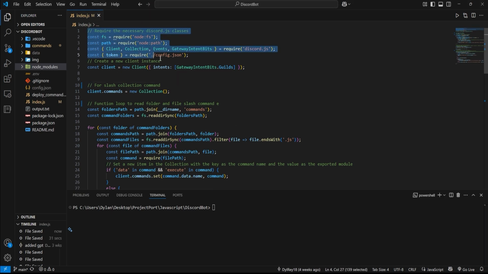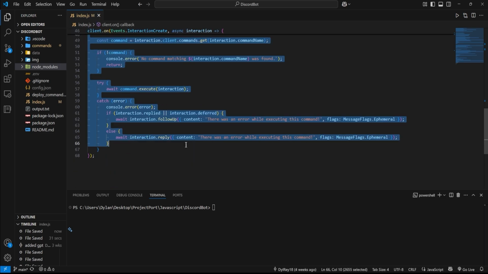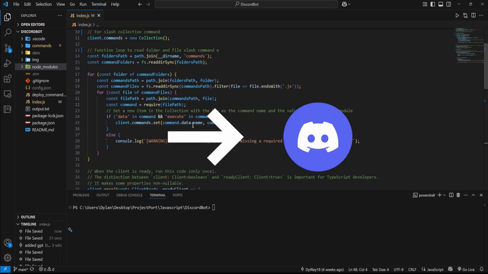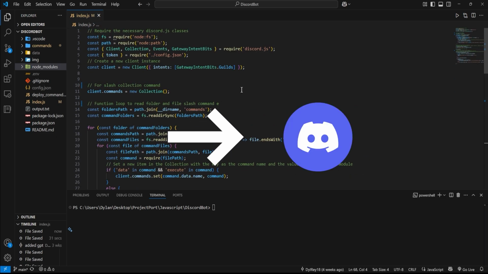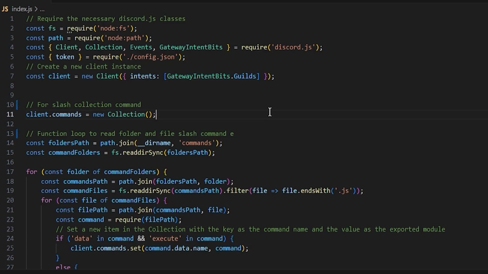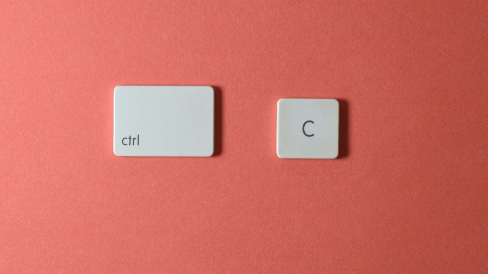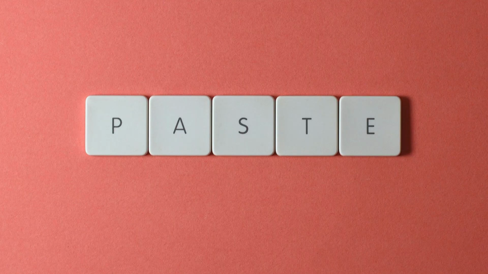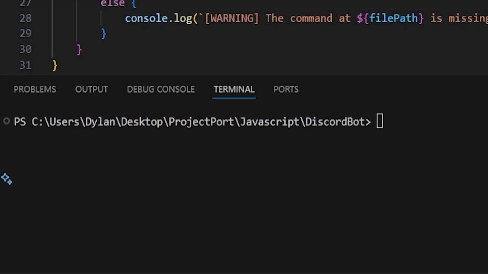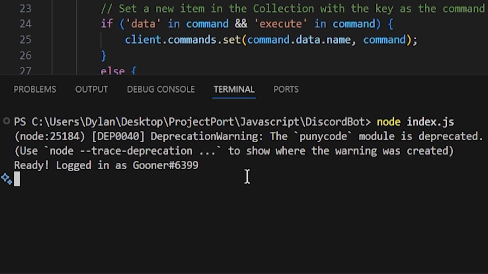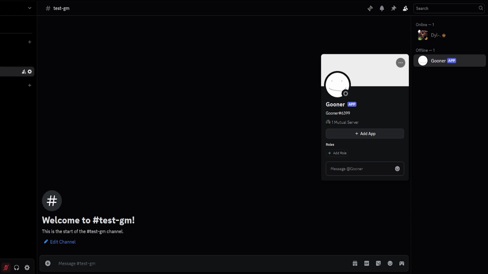So basically, we have these bunch of cool codes. It's putting the commands into the Discord bot and have it up and running. The code may look very cool, but to be honest, I just copy-pasted most of it and adjusted a little bit from the guide. So yeah, let's just get into action. Boop. Here we can see that our Gunnar is ready to go. If we go back to the Discord,